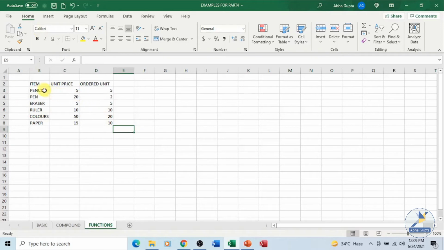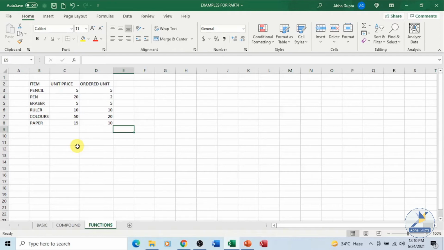We have one more example over here which we will use to understand what functions are and how to use the built-in functions available in Excel. Functions are pre-designed formulas to perform simple and complex calculations. Earlier we were using formulas, giving the operators and defining the cell addresses on our own.